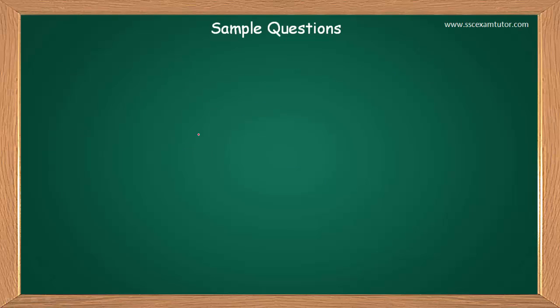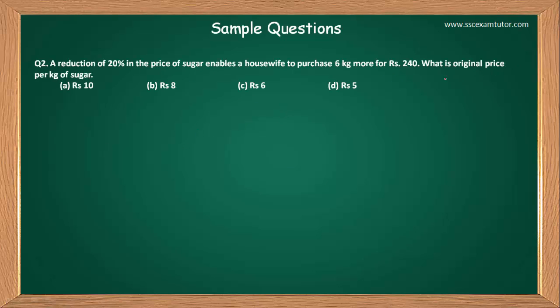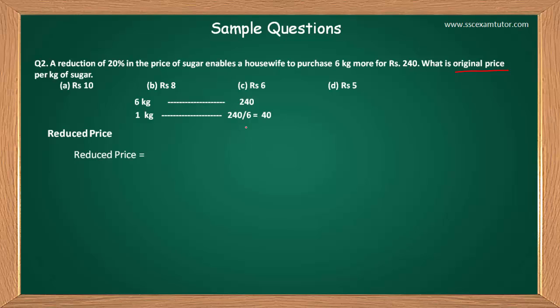तो अगला क्वेश्चन, इसमें आपको रिड्यूस्ड प्राइस नहीं निकालना है जबकि ओरिजिनल प्राइस निकालना है, ठीक है। तो मैं बता चुका हूँ शॉर्टकट, लेकिन देखिए मैं फिर बताता हूँ। तो सबसे पहला स्टेप जो होता है हमारा, वो 1 केजी का दाम निकालना होता है। तो 6 केजी का दाम यहाँ 240 दिया हुआ है, तो 1 केजी का 240 अपॉन 6 दैट इज़ 40। तो ओरिजिनल प्राइस निकालने के लिए आपको रिड्यूस्ड प्राइस निकालना ही होता है, ये कंपलसरी है। तो रिड्यूस्ड प्राइस 40 इंटू अगेन ये 20, इसी 20 का हम यूज़ करते हैं रिड्यूस प्राइस निकालने के लिए। तो इतना करने के बाद 8 पर केजी आया।